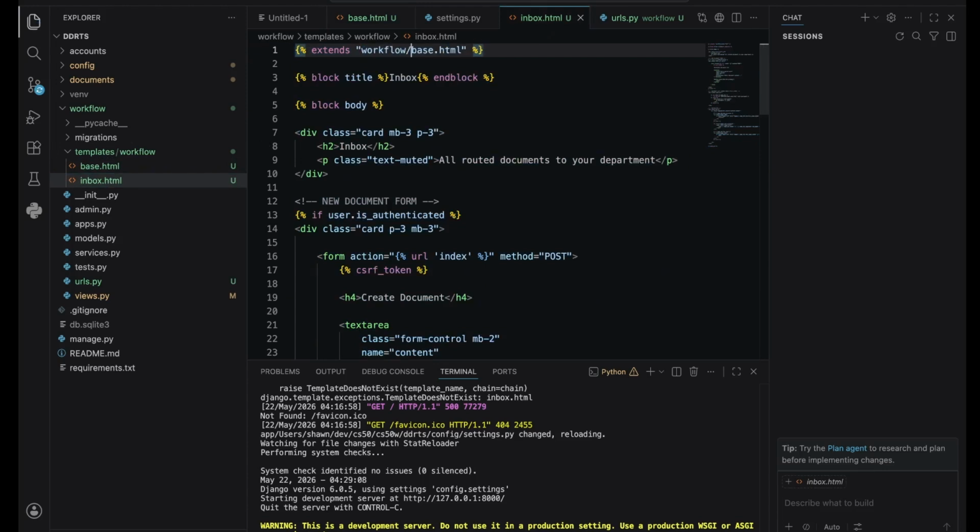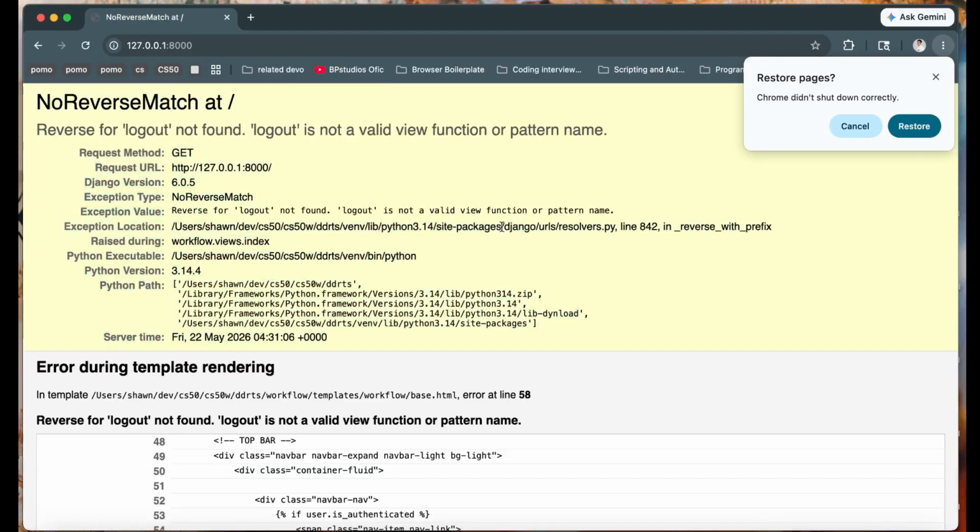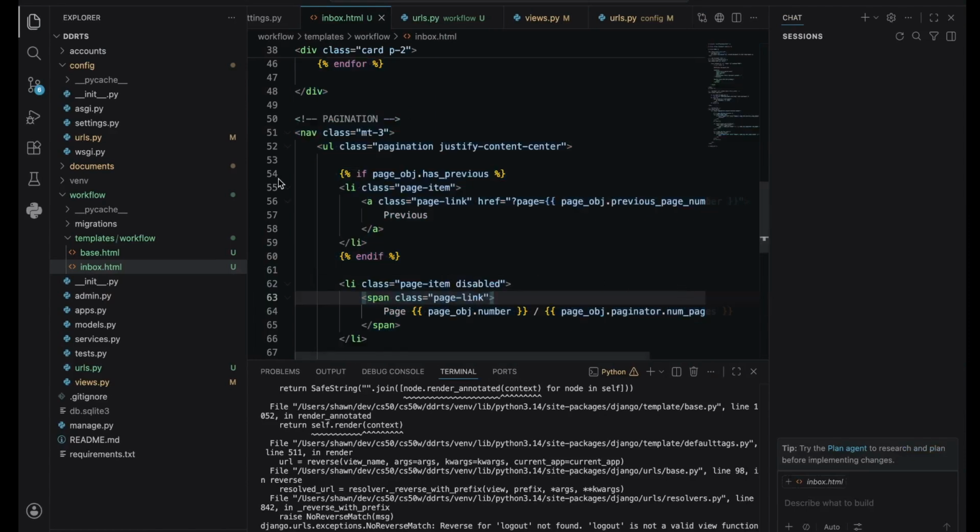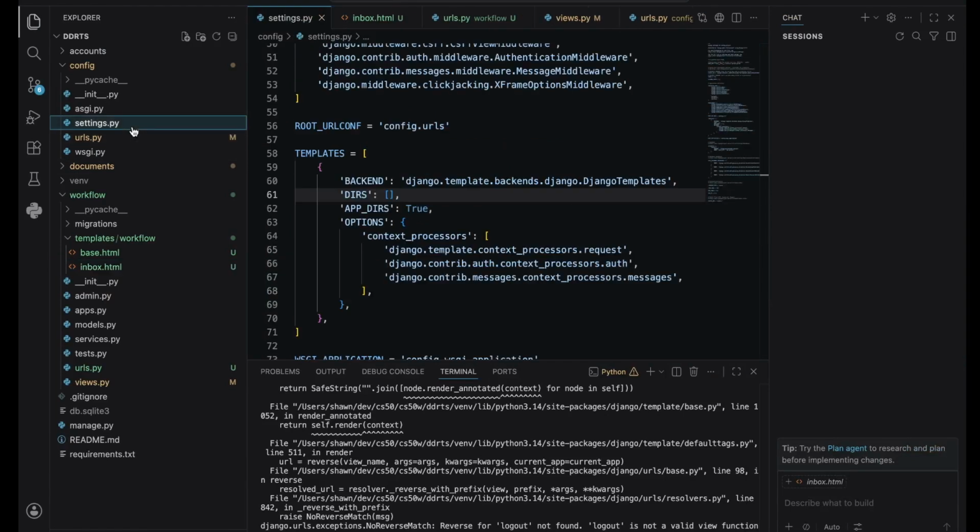Okay, try running. Okay, log out. Logout is still not defined because we're not yet in the auth part. We just try to load our template inbox, so maybe we're just gonna comment this out, but since Django has a built-in auth, login, logout,